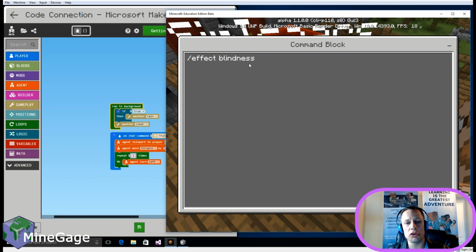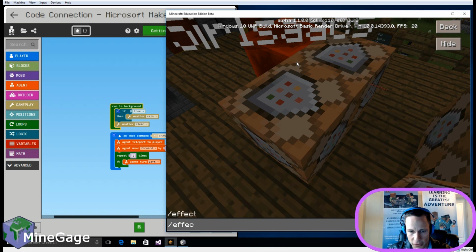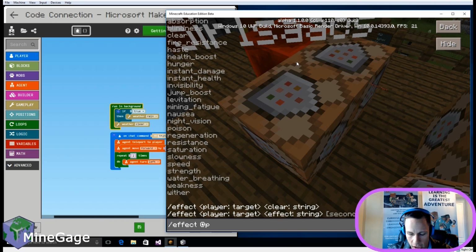But first, I almost forgot. To make this run properly, we need to tell it who to affect. So we're going to use the @p designation to affect any player that's close by. So we're going to go blindness, and then blindness will have different variables. So let's go here and do /effect @p